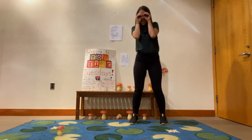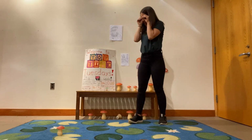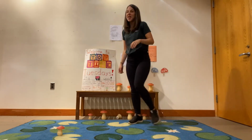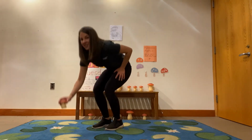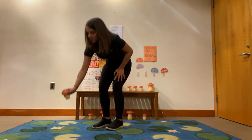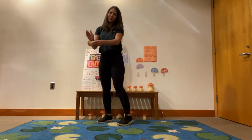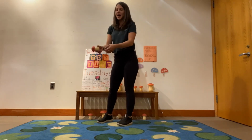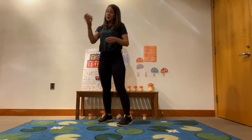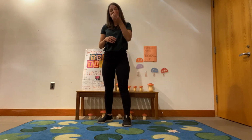Great job. Found a mushroom, found a mushroom, found a mushroom just now. I just now found a mushroom just now. Picked a mushroom, picked a mushroom, picked a mushroom just now. I just now picked a mushroom just now. Cooked a mushroom, cooked a mushroom, cooked a mushroom just now. I just now cooked a mushroom just now. Ate a mushroom, ate a mushroom, ate a mushroom just now. I just now ate a mushroom